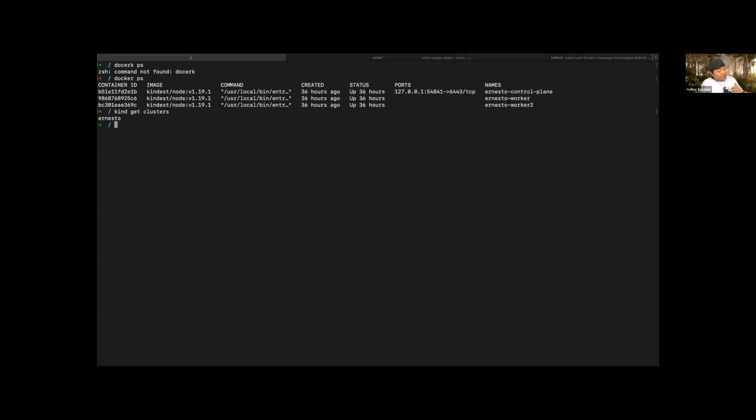It's not the same as, for example, K3S, because if anybody has heard about K3S, it's a faster way to create Kubernetes clusters. But at the end, we are testing the whole environment. We want to have the look and feel, right?